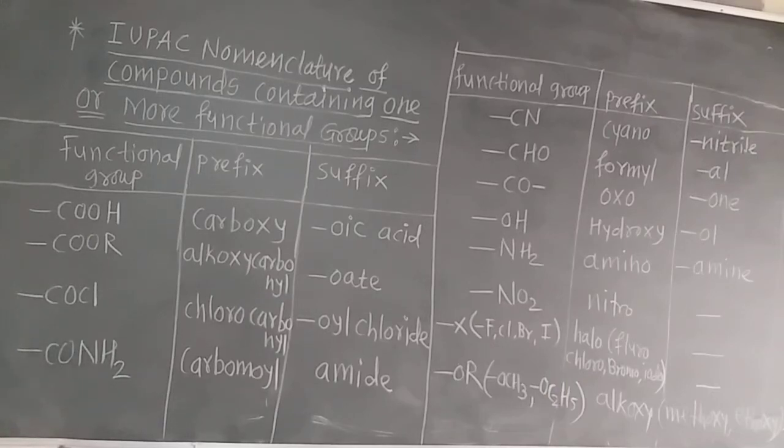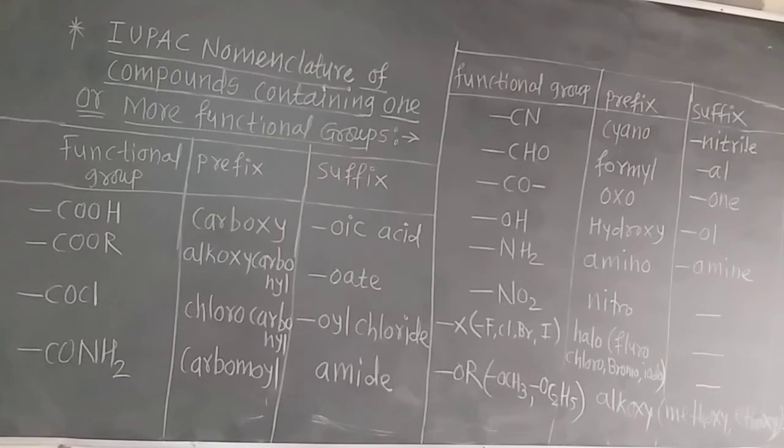Up to yesterday's lecture, we already learned about the IUPAC names of the alkanes, alkenes and alkynes, and how the numbering in a straight chain of continuous carbon atoms is given in alkenes and alkynes from the double bond and triple bond, whichever is nearest. So the lowest locant is given to that carbon atom. We have the nearest double bond or triple bond in the case of unsaturated hydrocarbons.